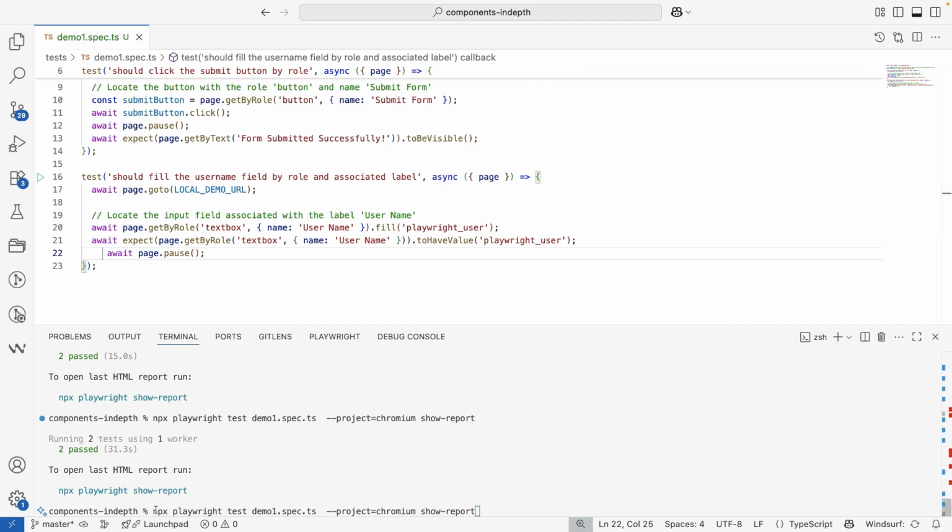So I'm going to use this command, npx playwright test demo1.spec.ts, and I'm going to ask it to run using the Chrome browser, and at the end we want to see the report. So let's run it,